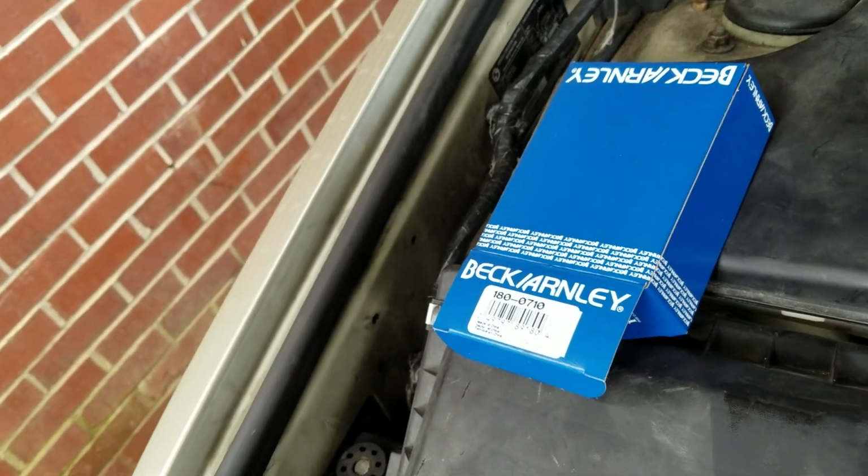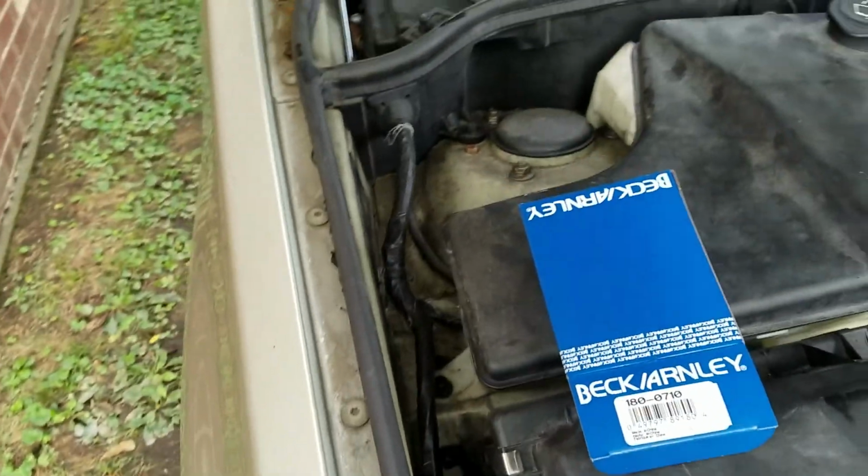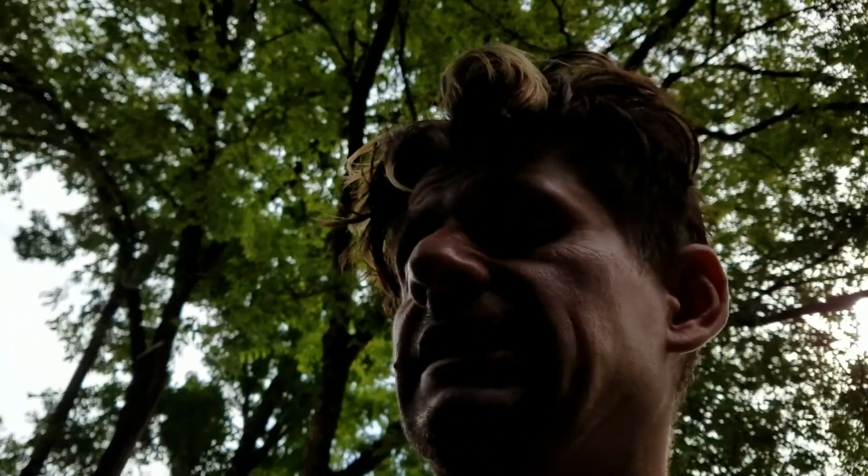Okay. So I bought a Beck Arnley brand, figured I'd go by name brand, as opposed to a shitty off brand. And, well, the quality feels pretty decent. Reasonably decent sometimes. Still made in China though. Paid a little bit more for this one than the normal Chinese off-brand ones, and I wasn't going to spend twice as much for the BMW brand, so I think I paid like 80 bucks for this one. So hopefully this solves the problem. If not, maybe I'll update and we'll be doing a timing chain video, which I'm really not looking forward to